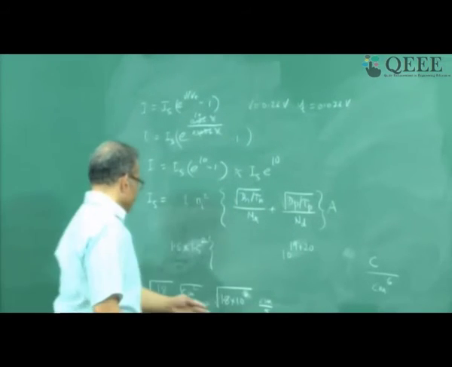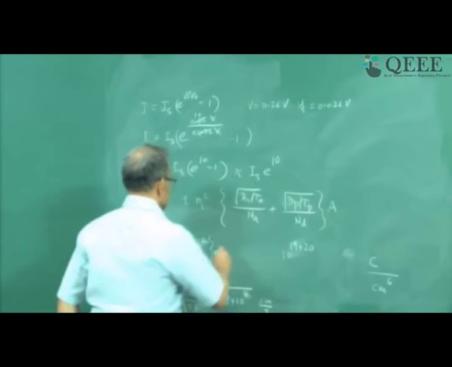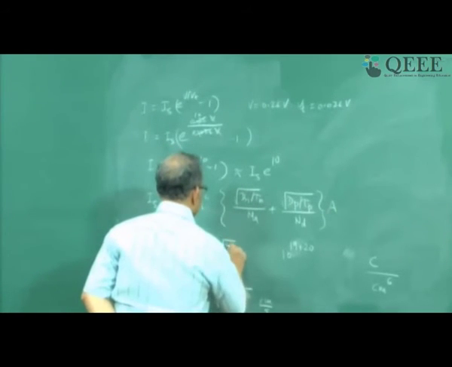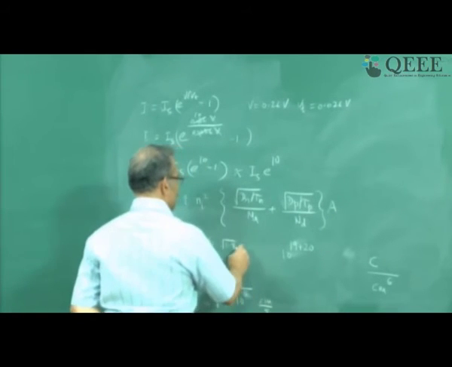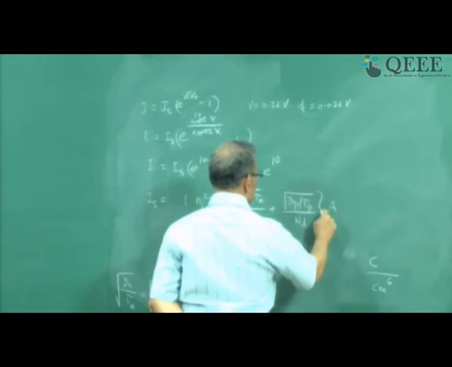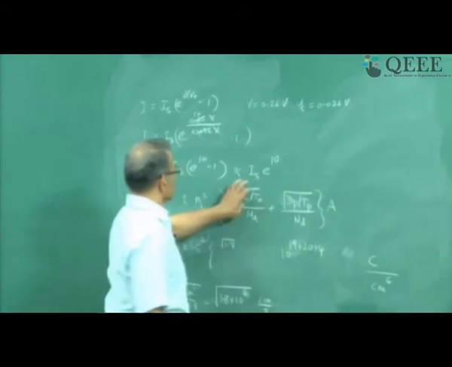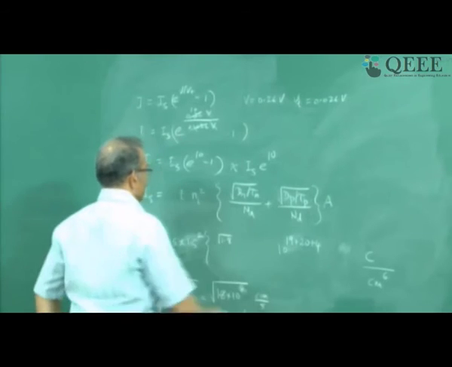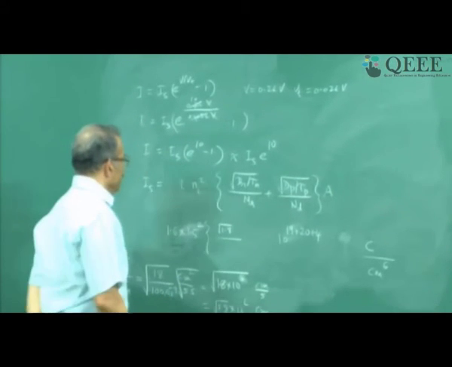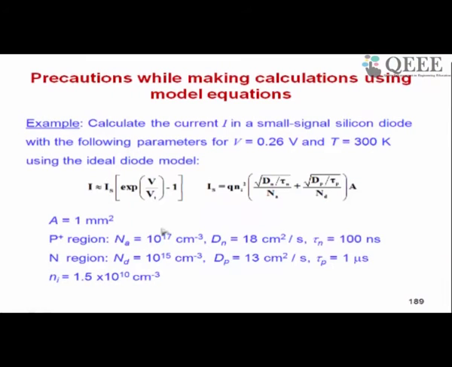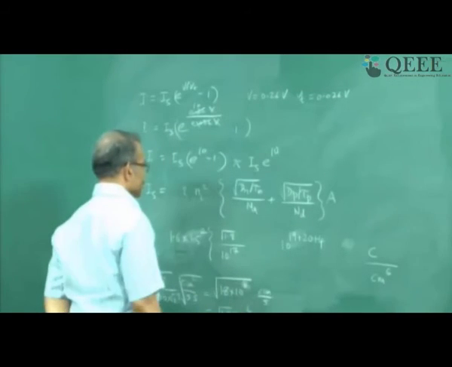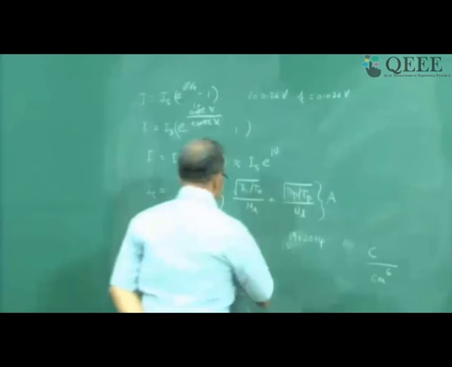Okay, now I can put this term here. So square root 1.8 into 10 power 4. That 10 power 4 I can move out here, divided by Na. Now Na is given as, let us look at it here, 10 power 17 per centimeter cube. So the denominator has to be 10 power 17, plus,